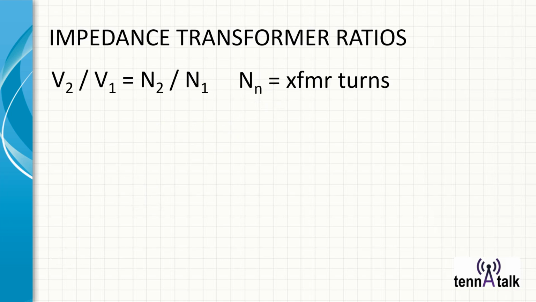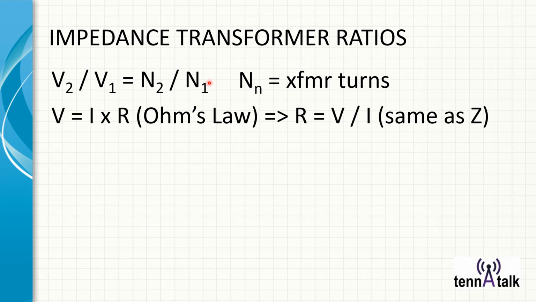Now, let's take a look at impedance transformer ratios. Why are impedance ratios always a square of a nice integer number? 4 to 1, 9 to 1, 49 to 1, etc. Well, it's very simple. All you have to remember is on a transformer, the output voltage, V2 over V1, that ratio of output voltage to input voltage, is equal to the turns ratio, the output turns over the input